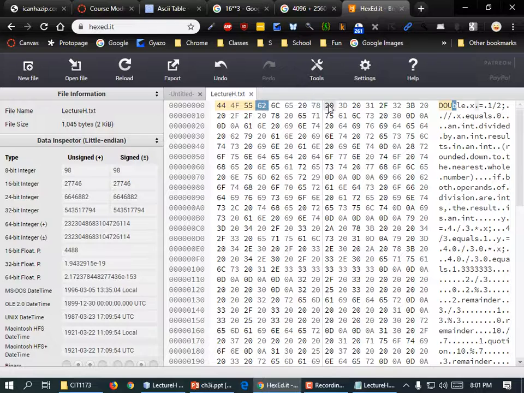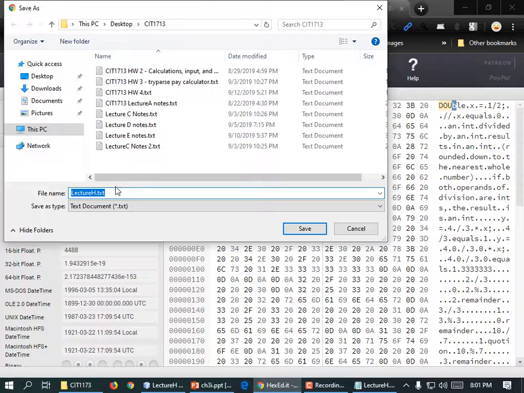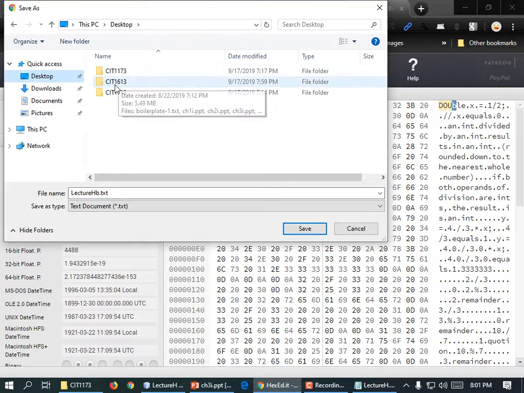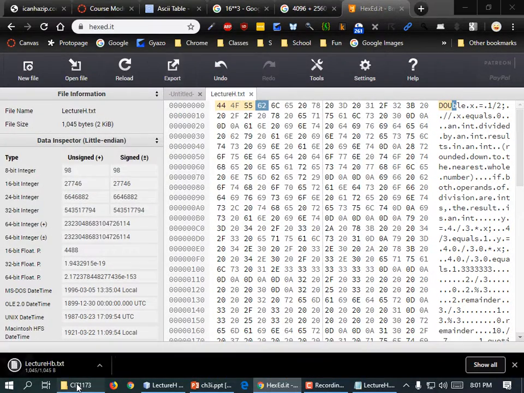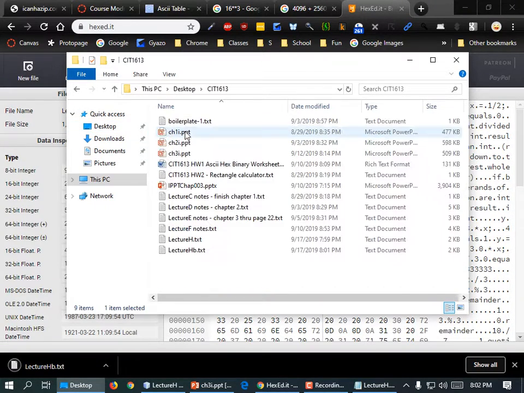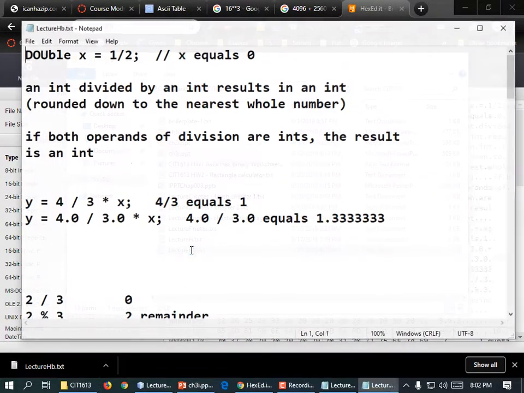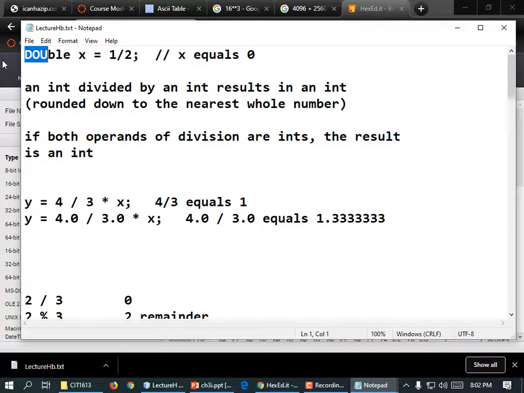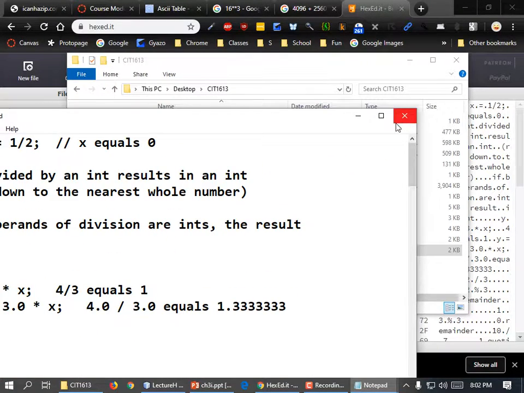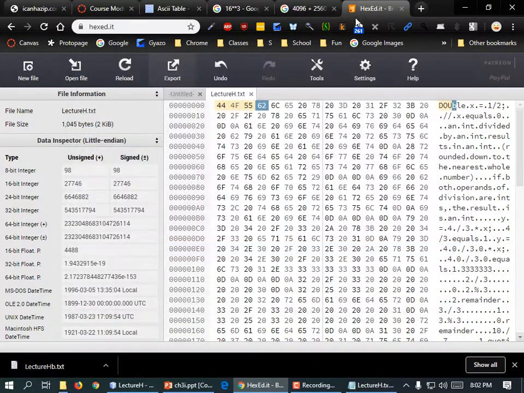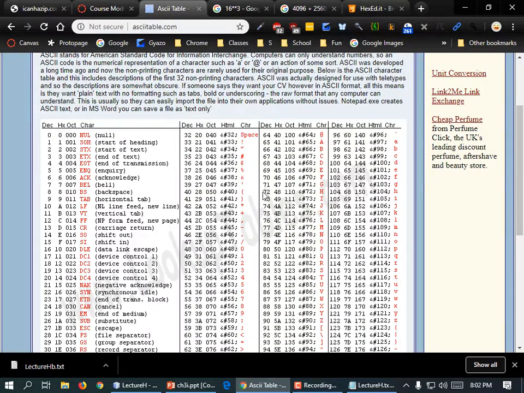And if I save this document back out with export, I'm going to just call it Lecture 4HB. Then when I go and look at it, there. They were lowercase, now they're uppercase. So that's what ASCII is. ASCII is just a series of agreed upon values so that the bytes in memory can be treated as words,